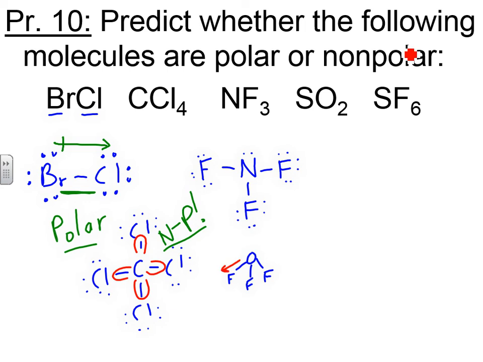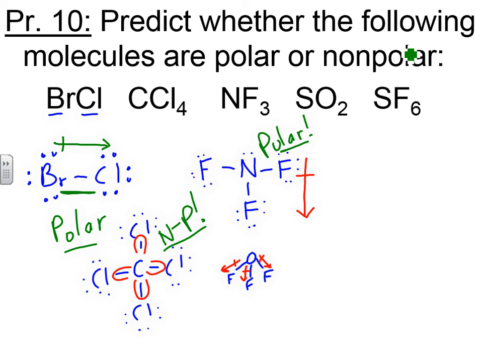The polarities actually pull downward. So this will be polar, and what you would do is draw an arrow pointing downwards, because overall the polarity points down, because fluorines are more electronegative. So this one's definitely polar, and those are the polarity designations. Okay, this next one